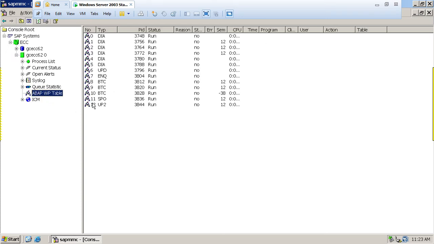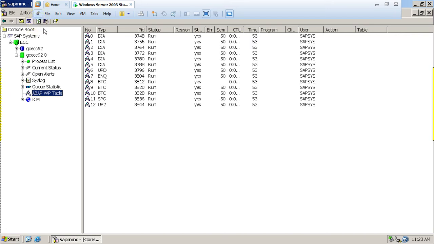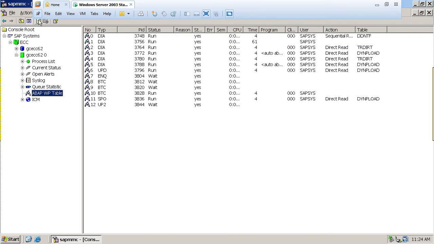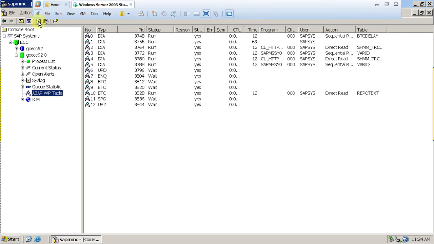ABAP table, refresh. So now the waiting stage has started, running to waiting stage. Just wait a few seconds till it changes from running to the waiting stage.